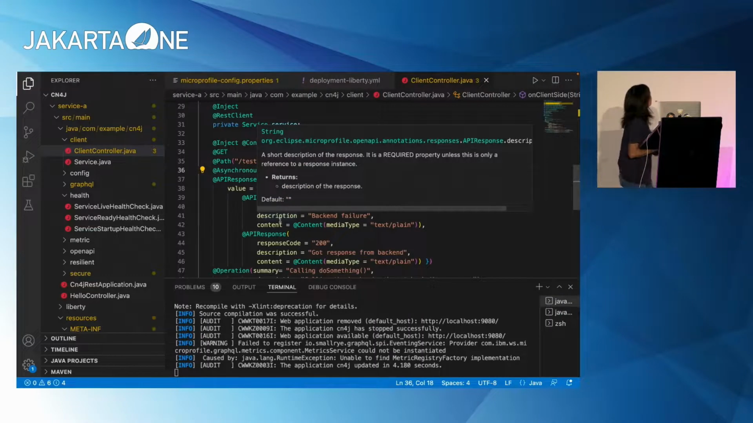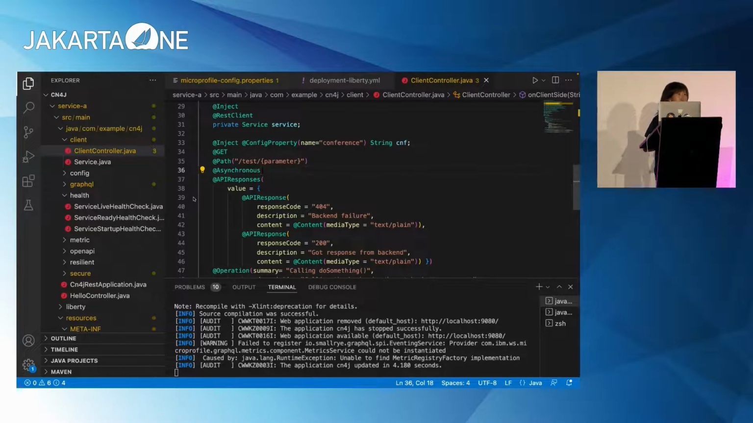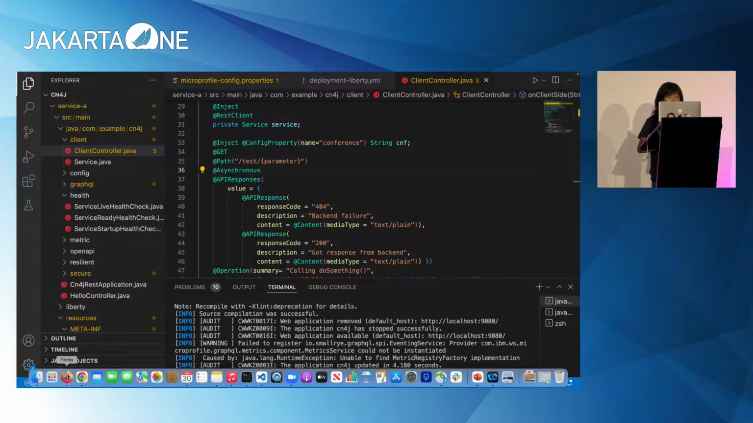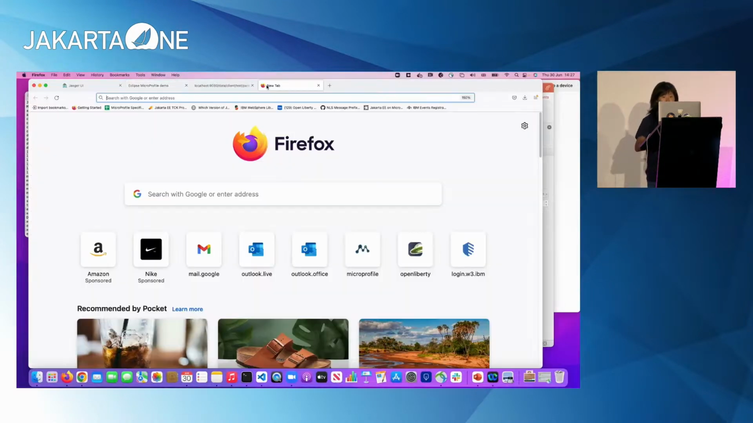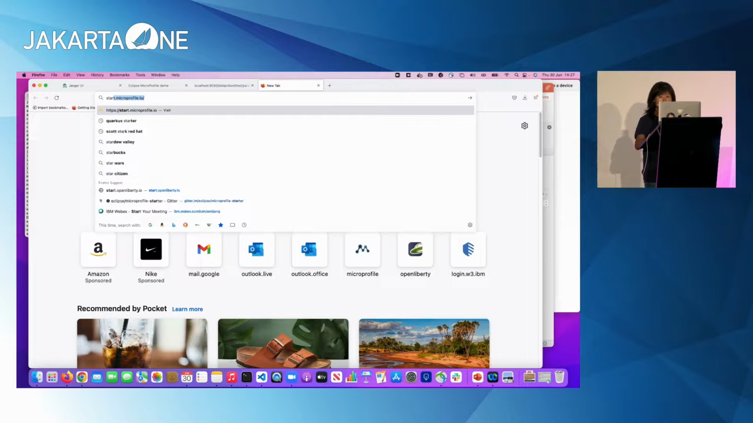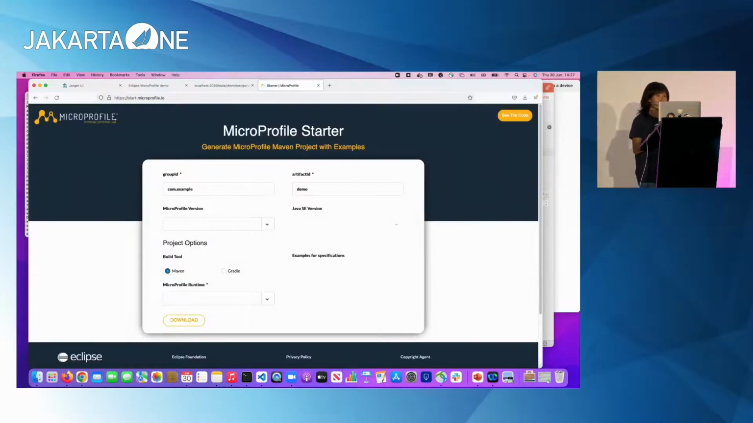Can you see it's big enough? Yeah, good. So here, I use MicroProfile Starter. MicroProfile Starter gives you a way to create MicroProfile applications if you use starter.microprofile.io, or if you use any